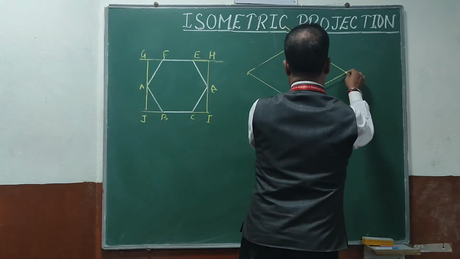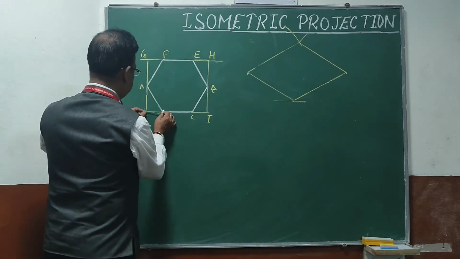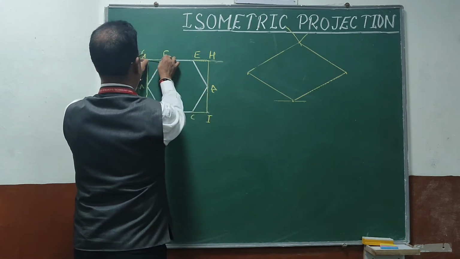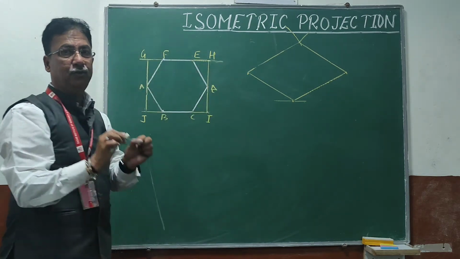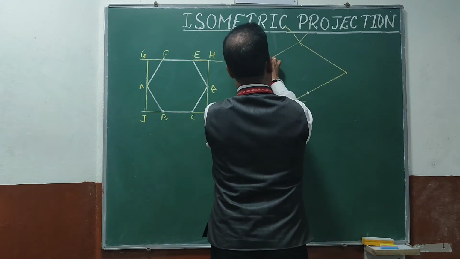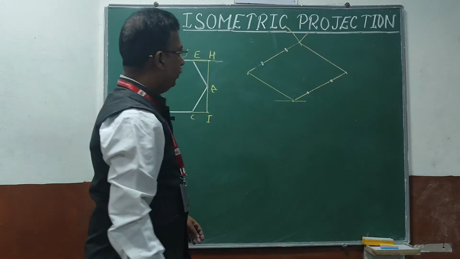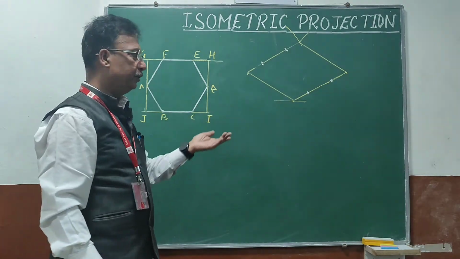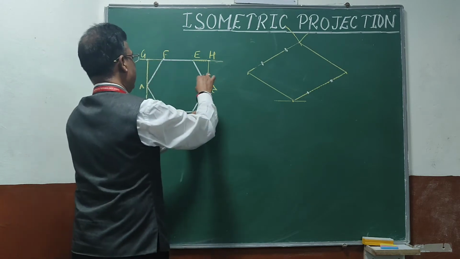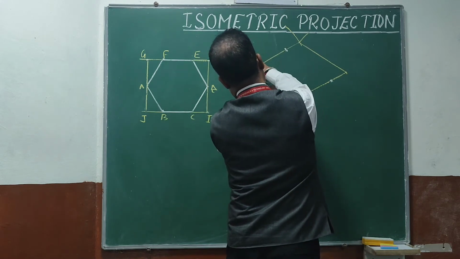Now I simply have to shift all these points A, B, C, D, E and F onto this figure. To mark these points, as you see, the distance of B from J is the same as the distance of I from C, G from F and H from E. So all these four distances are the same, and I can directly mark all these four points, 1, 2, 3 and 4. There is no need to name the points; if you want to name them, you can. Same way, this A point will be the midpoint of this line, and this D will be the midpoint of this line. So we can easily mark these two points also.